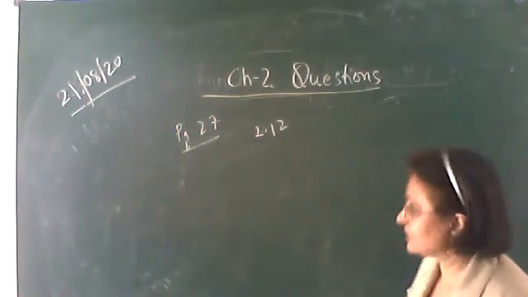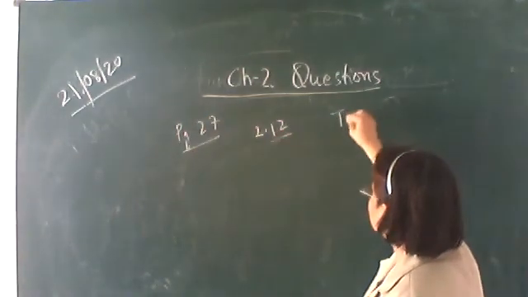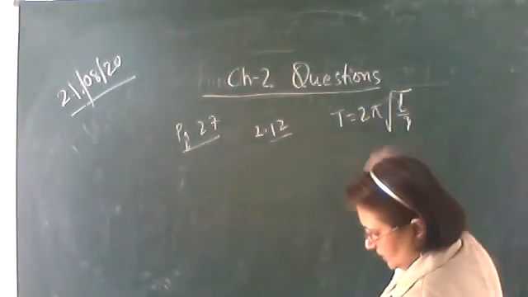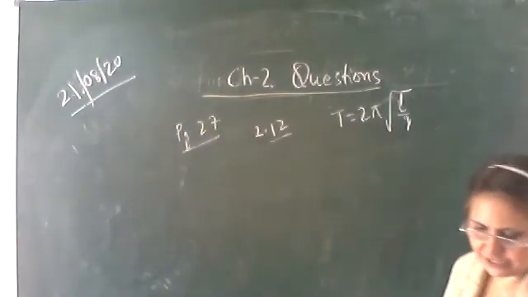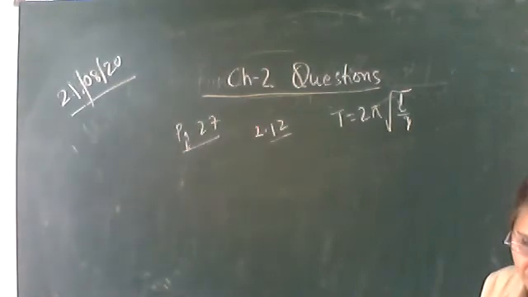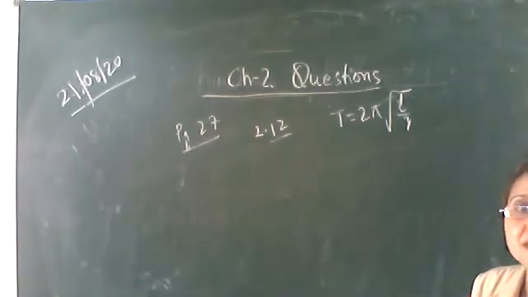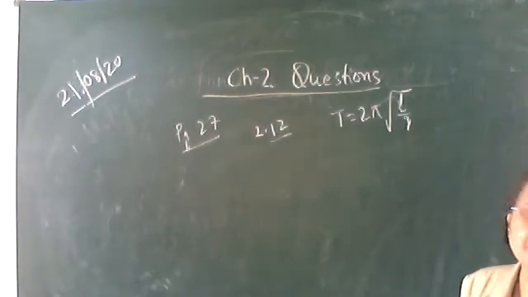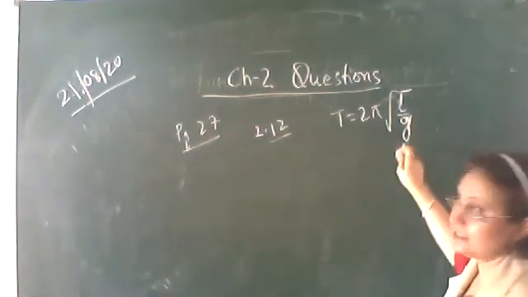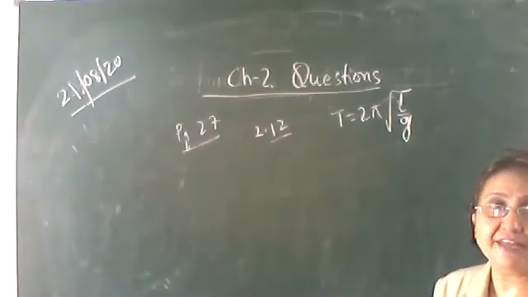Okay, the question is time period is given by T is equal to 2 pi under root L upon G. Measured value of length is given, which is known to 1 millimeter accuracy, and the time for 100 oscillations of the pendulum is found to be 90 seconds using a wristwatch of 1 second resolution. You have to find out the accuracy in determination of G. That is the percentage error in G. What do you have to find out? The percentage error in G. So G should be on the left hand side.